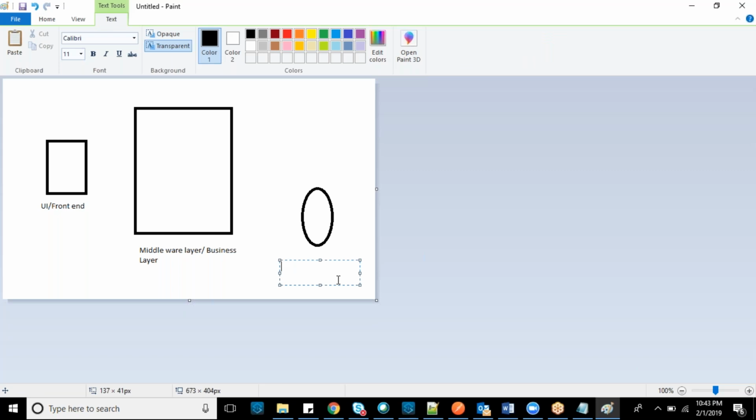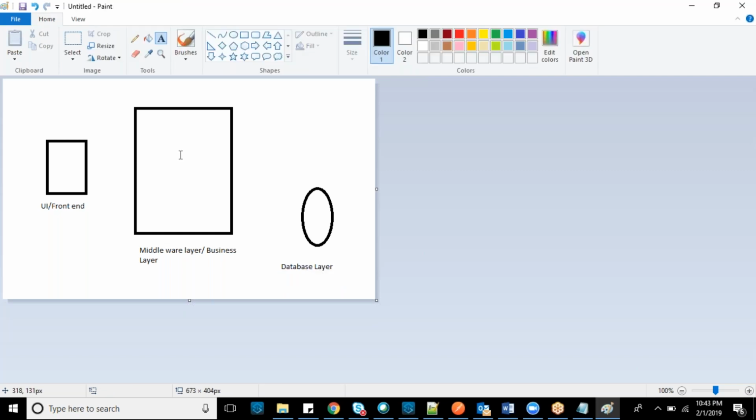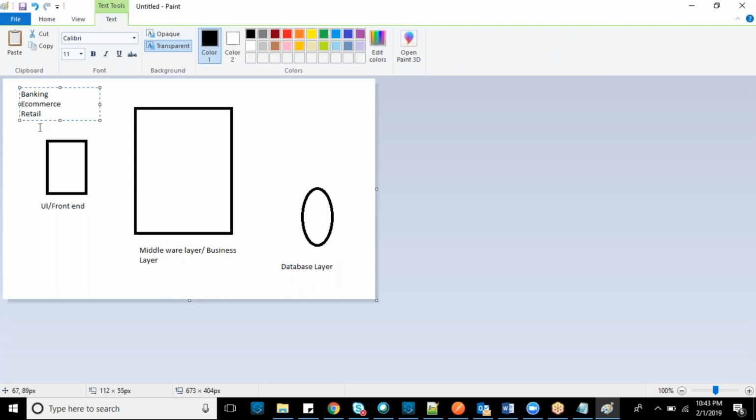We can call it middleware, but to be frank, it is a business layer, where the connectivity for the front end and the back end lies. It uses programming languages to get connectivity between the front end and back end, and we have a lot of technologies including Java, Python, C, C++, whatever it is. For the UI technologies we have Java, JavaScript and all the UI functionalities. We have Node.js, AngularJS and everything. The database layer is nothing but designing all the data